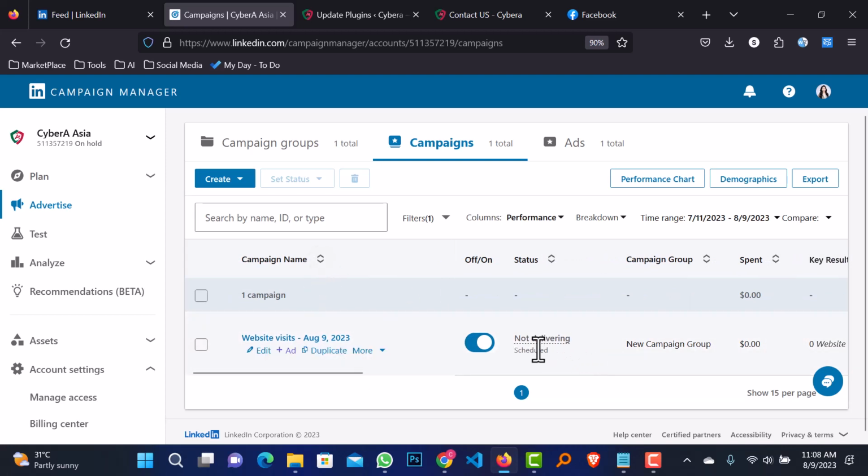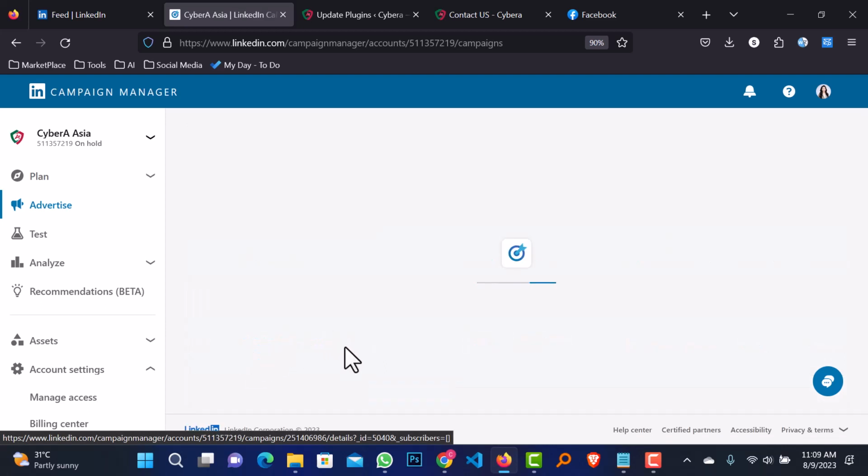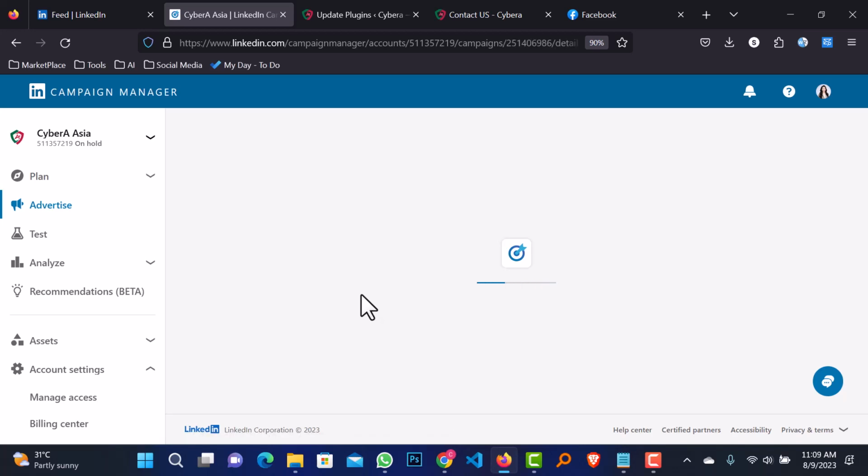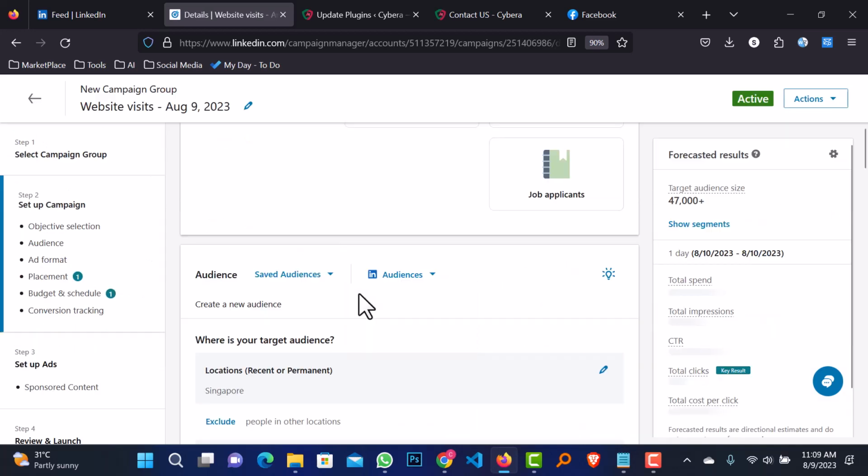And here you can see our status is not delivering because we have scheduled it on 10 August. As we set our payment method and everything is okay, this ad will be active on 10 August. You can edit until our campaign is